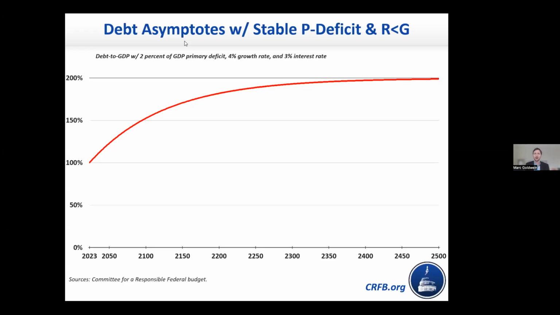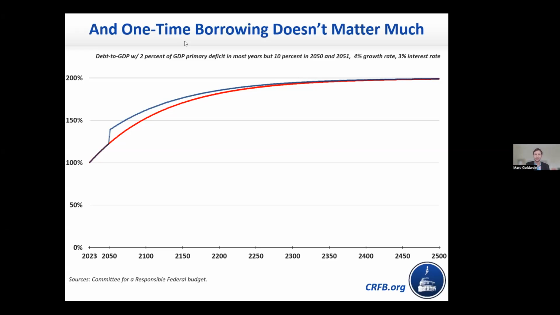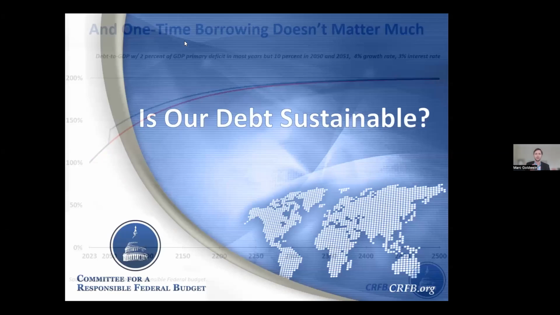So let's take the same scenario, but let's assume we have another set of COVID rescue-like deficits, 2 years of 10% of GDP deficits. That's going to add to the debt significantly when it first happens. But over time, we're going to basically end up in the same place. Now, this is 500 years in the future, mind you. But if you start to look at this graph, you see that over time, eventually that one-time borrowing, so long as it is not continued, won't meaningfully increase your long-term debt.